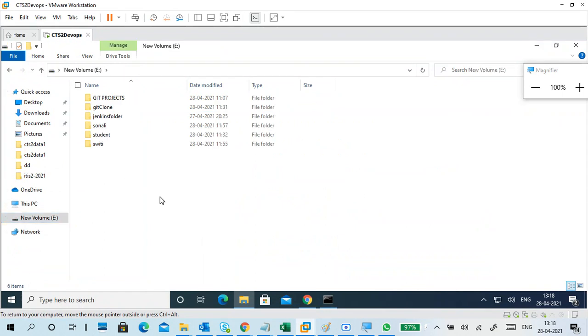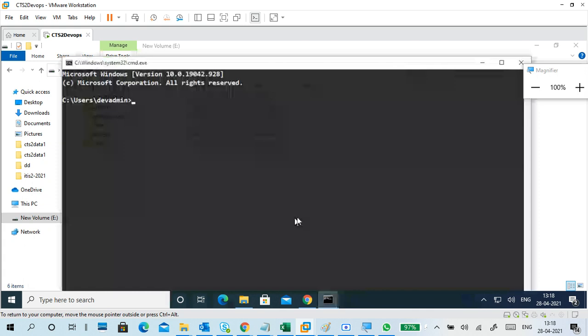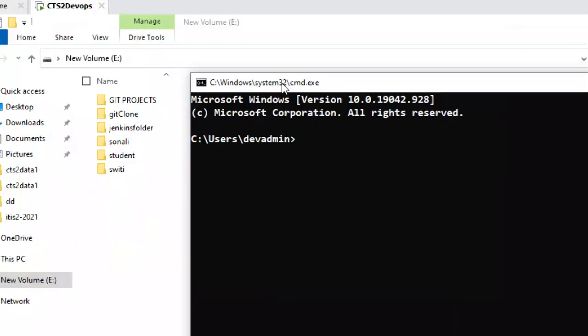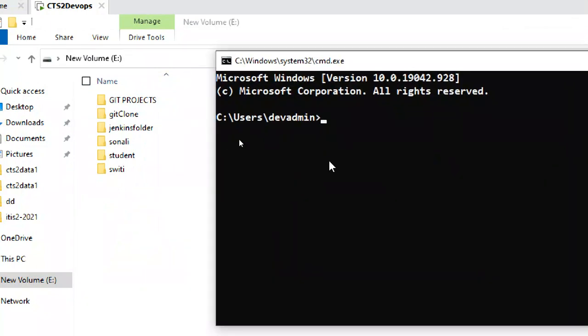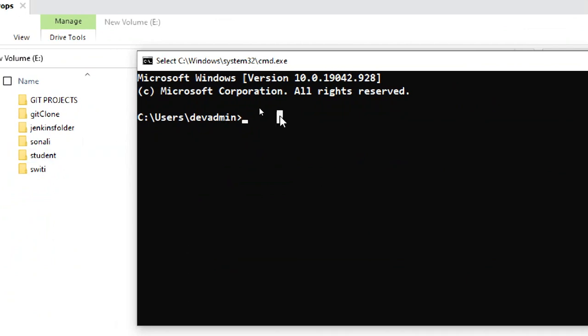Yes, here it is. I have some folders here. So, E drive, right? I'm going to open a CMD. Here, first of all, I want to do something with the command prompt only, so you can observe the same thing I do here. I'm creating a directory. To create a directory the command is MD. So first of all, I'm going to the E drive, and in the E drive only, I'm creating the directory.